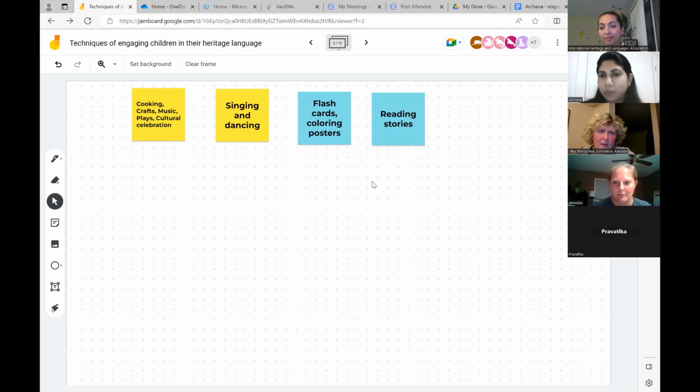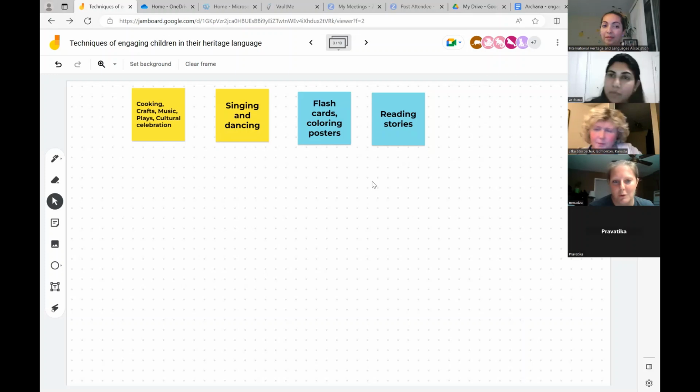Okay, anyone else? In group 3, the sticky notes didn't work for us, so we just did it with old school paper and pen. We just came up with 5 ideas. Some of them were already discussed. So, for example, dramatic play. It's important for role playing, history of our countries. Also, an important thing, cultural celebrations like festivals. The kids will learn about the history, about culture, food, clothes, and all this stuff.